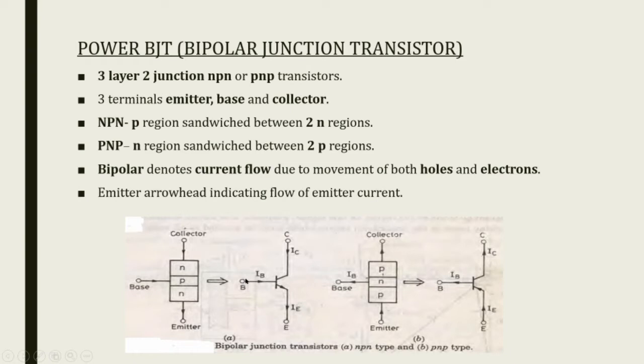And also this is the circuit symbol for a NPN transistor, and here you can see one arrowhead is denoted in the emitter side. This arrowhead denotes the direction of flow of emitter current. So in case of NPN transistor you can see this arrowhead is pointing out, means emitter current is flowing out, and in case of PNP transistor you can see the arrow is pointing in, that is emitter current is flowing in. Okay, so this is the basics of a BJT.